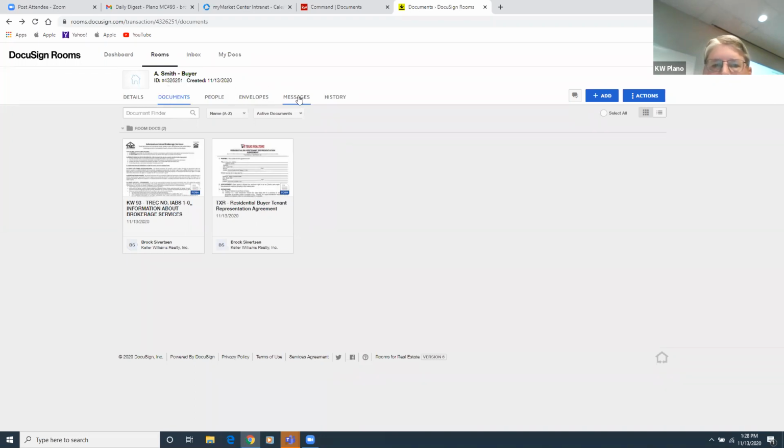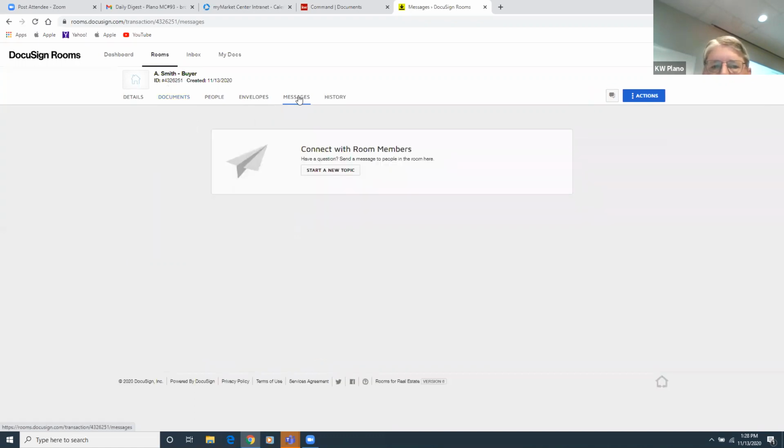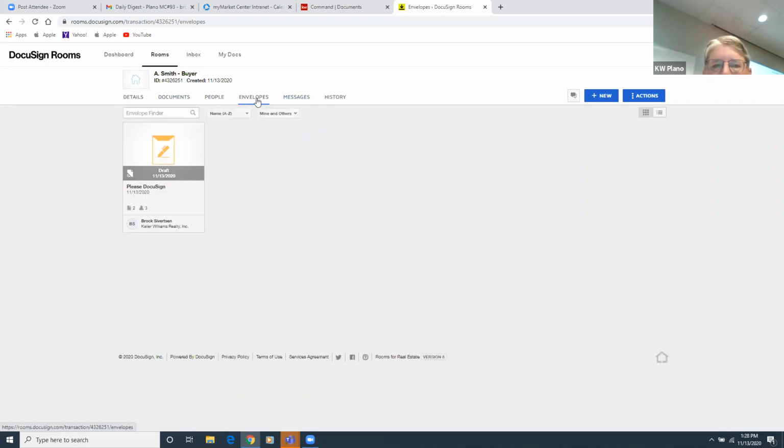when you go to envelopes, you can send this document straight. Like if she signs it, let's say she signs it at her house. She prints it out, she signs it, and she sends it to you as a PDF. You can send that straight to this room using this ID. And this is something I learned, is if you're going to send it from email